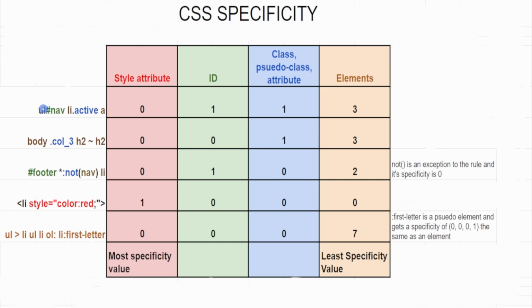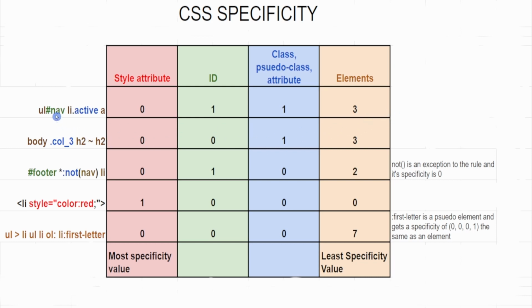So on the left side here we have examples, and the examples are color coded in the same way as these are color coded. So for the elements there's 1, 2, 3 brown elements, that's 3 here, and then you